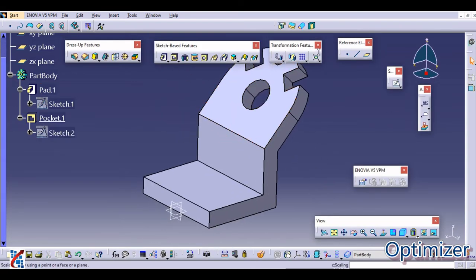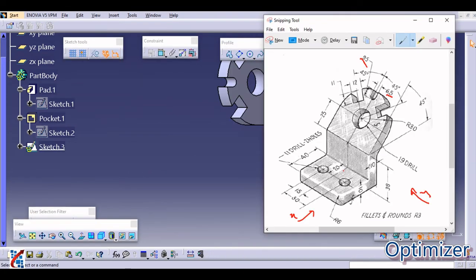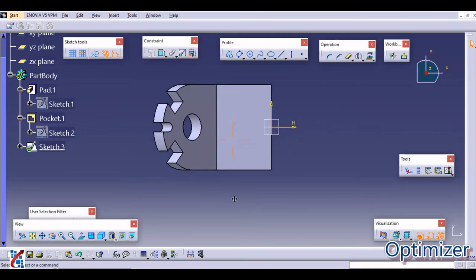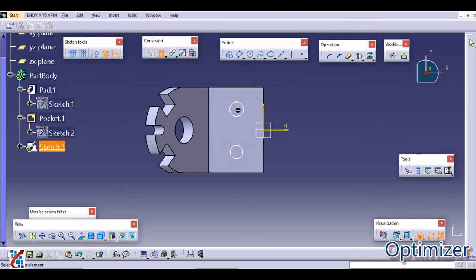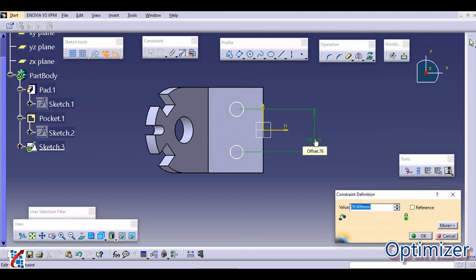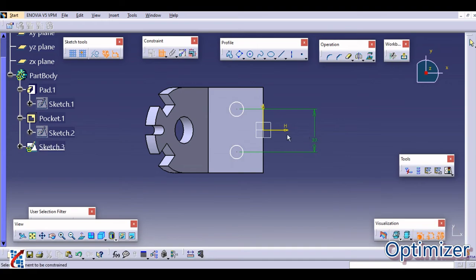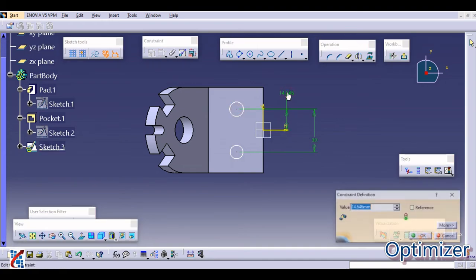Now last step is you need to draw these two holes, which are at 20 mm from this one, and the holes are around 11 mm diameter, and the center distance is 30. So first hole, second hole, just now give dimensions. From this to this it is 30, and from one axis one hole is at 15 mm, correct.